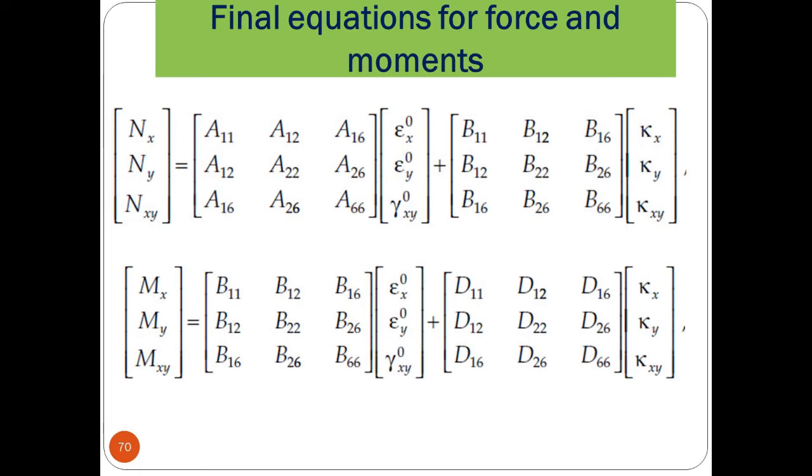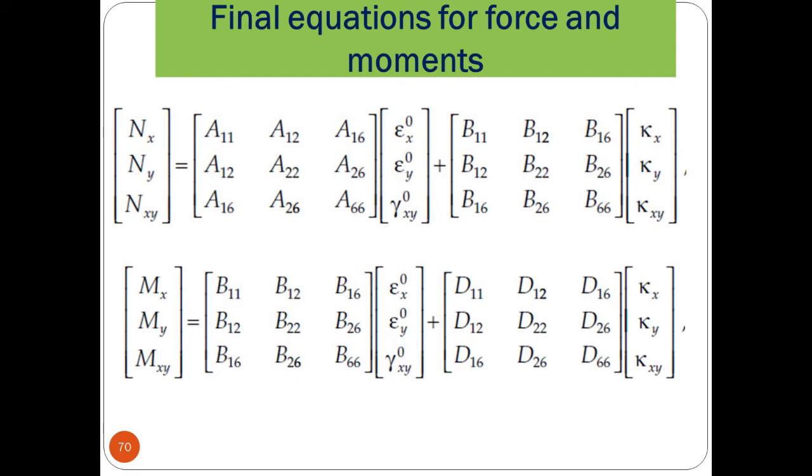Now, here I want to discuss these A terms and B terms, and we can see the D terms. These are correlated with the Q matrix. Q matrix means the reduced stiffness matrix, which, if you remember, is coming from module 1, as I had discussed in yesterday's class, how it has to be imported from there.